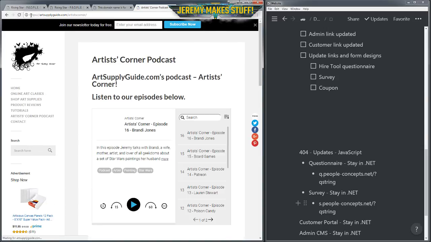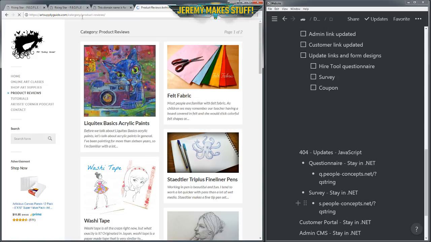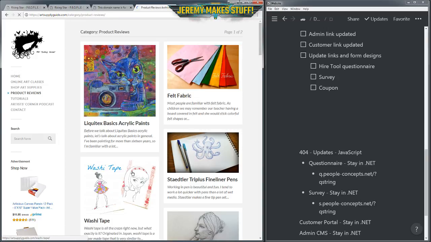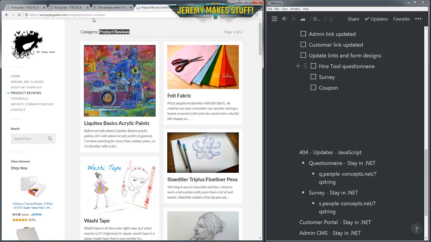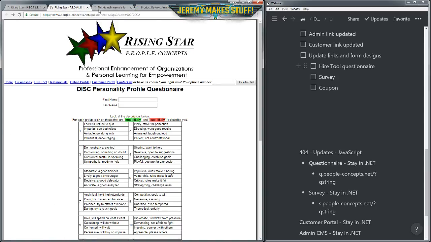So WordPress is already set up to have these folder hierarchies going to specific landing pages or categories. This one's actually /category/product-reviews, and it's all of the posts in the product reviews category.